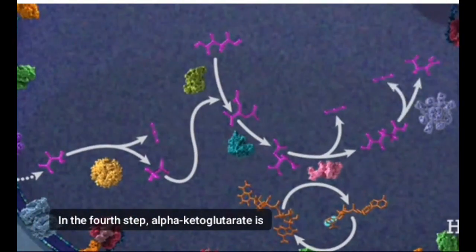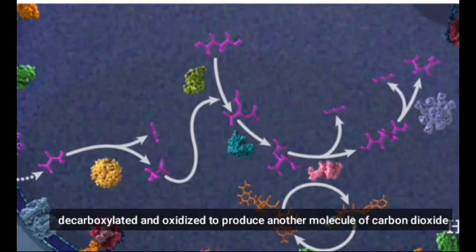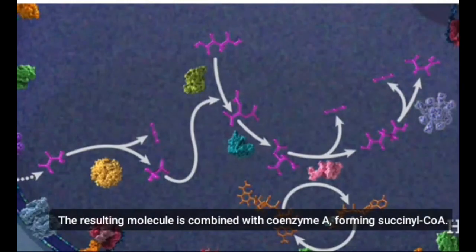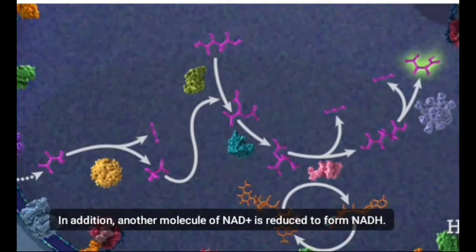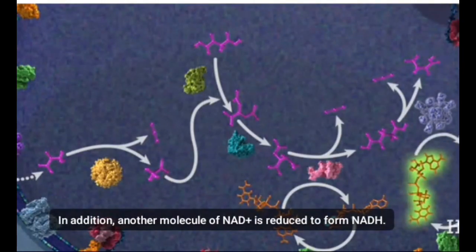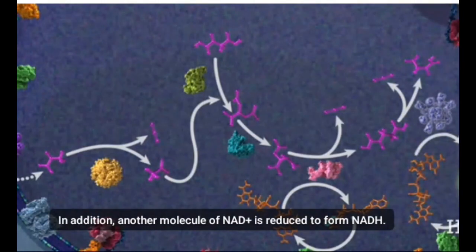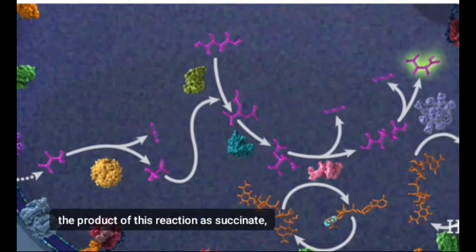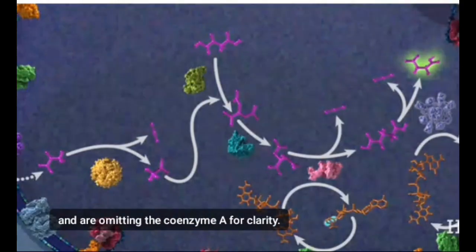In the fourth step, alpha-ketoglutarate is decarboxylated and oxidized by alpha-ketoglutarate dehydrogenase to produce another molecule of carbon dioxide. The resulting molecule is combined with coenzyme A, forming succinyl-CoA. In addition, another molecule of NAD+ is reduced to form NADH. Note that in this diagram, we are showing the product of these reactions as succinate and are omitting the coenzyme